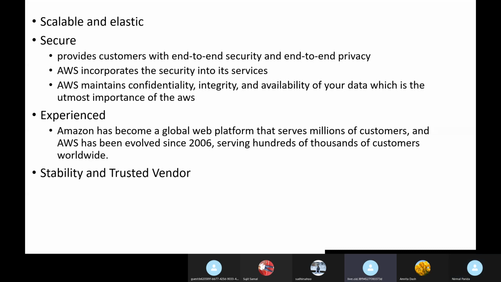You said AWS is the most experienced cloud service provider, but why not Salesforce? Yeah, Salesforce started initially, but if you compare Salesforce to AWS, AWS has far more services and more stable services. Salesforce has not grown like AWS. They have not less than 1% share in the market, but AWS has more than 32%.